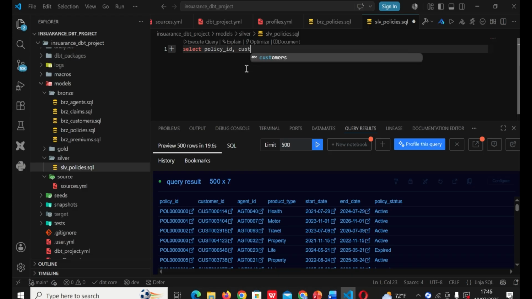Customer ID, comma, and then agent ID, this one here. I think this one is also okay. Agent ID,